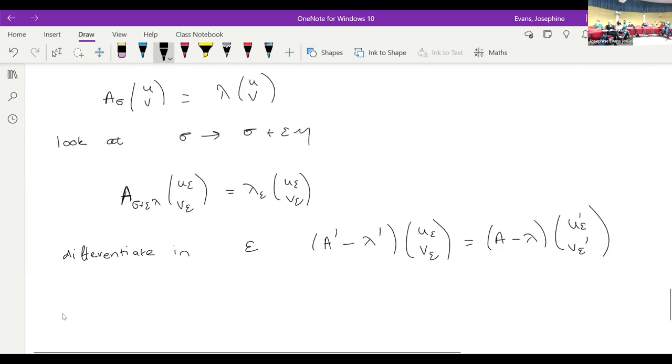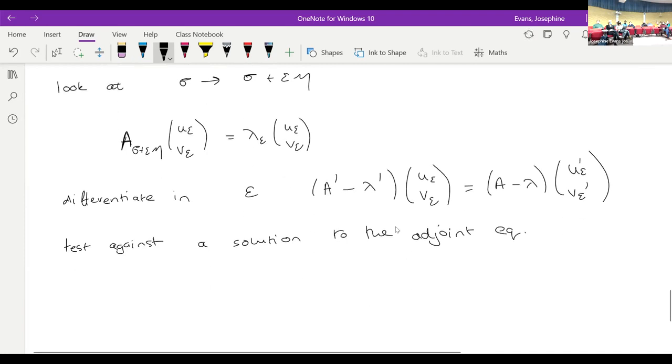And then if you now test against a solution to the adjoint equation. I mean, A is sigma plus epsilon eta, so lambda. Oh yeah, sorry, I don't know where that came from. Thank you. So the other lambda is the eigenvalue. Okay. Yeah. So then, if we just test against something,